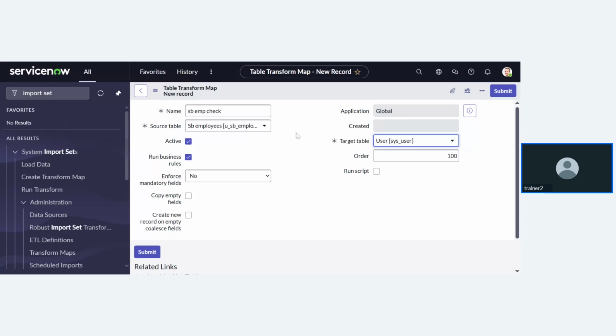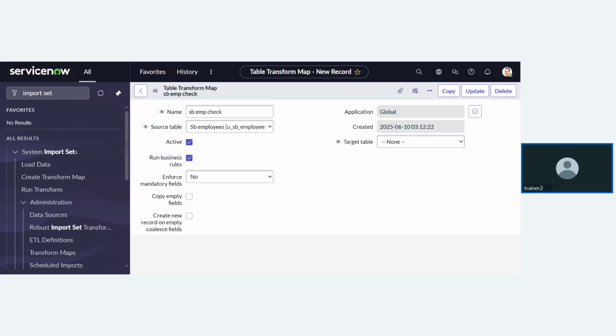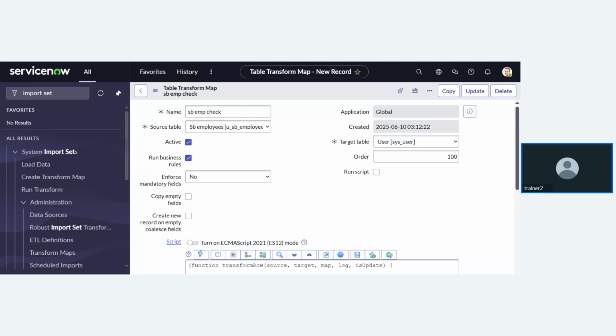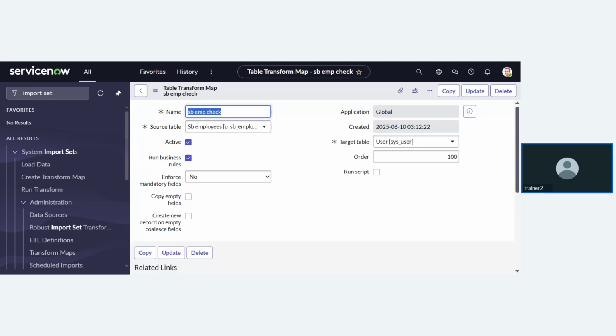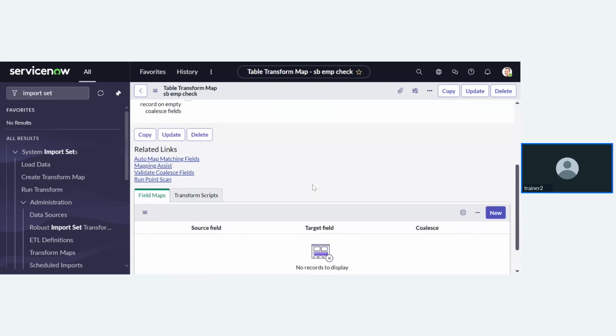This is what you have to create. So after done, I'm saving the form. Our transform map is done,